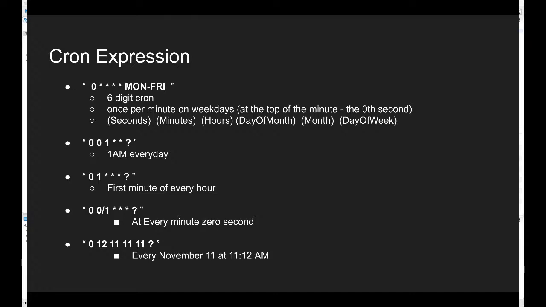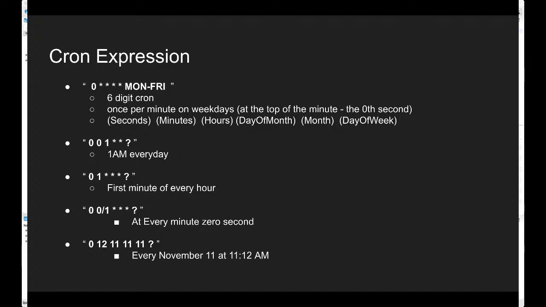So this means 0th second of every minute of every hour of every day of the month of every month, and weekdays will be only Monday to Friday. So we can say that once per minute on weekdays. Okay, so that is what this cron expression means.